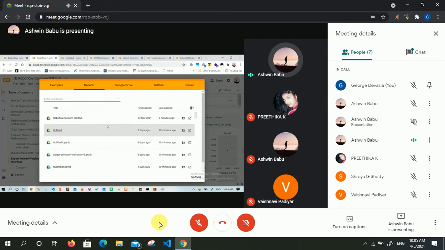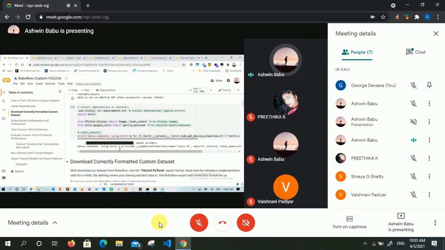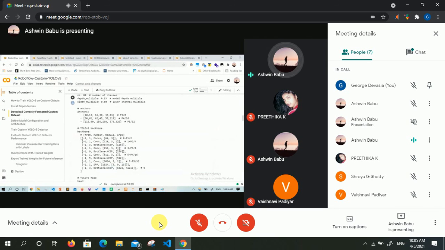The one I am sending you will be for your data set itself. The current notebook I showed you is for a different data set. Don't worry about it. I will send you the one for fruit object detection itself.